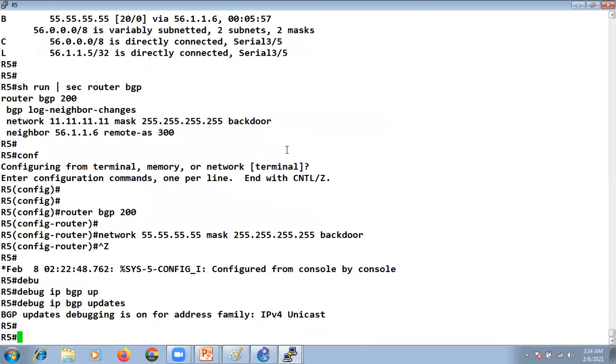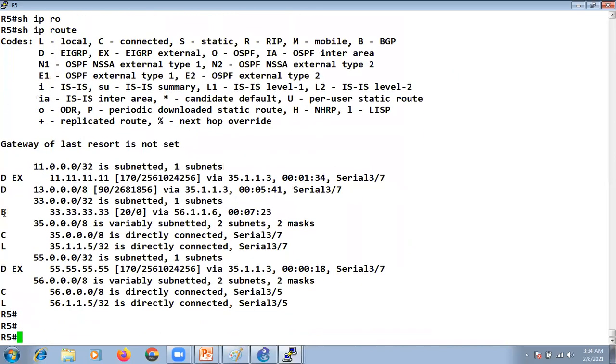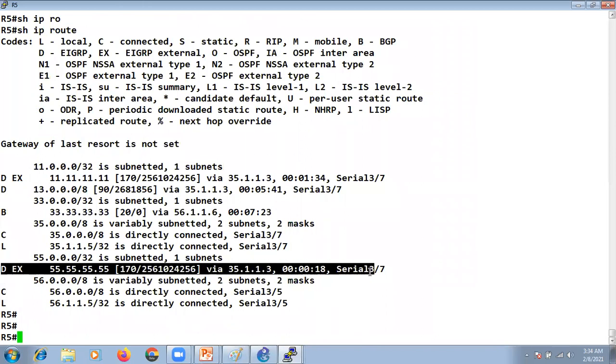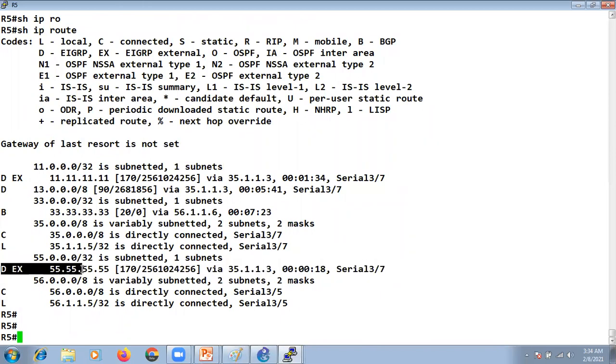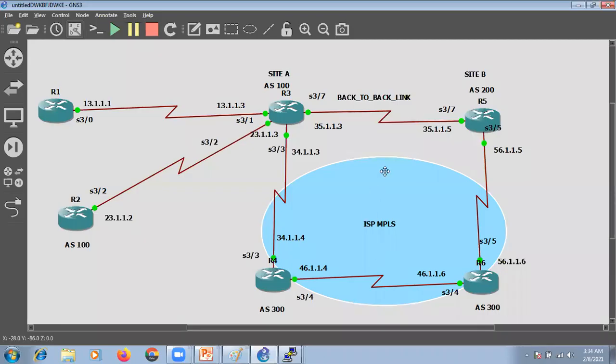Maybe we can see something. Show IP route. Now you can see the 55 route is also installed via EIGRP, right? So this is the use of the backdoor command. Based upon our requirement, we can change the AD value of the eBGP routes, right?